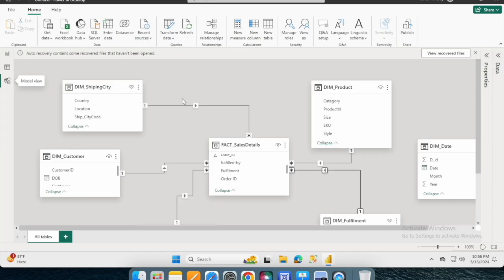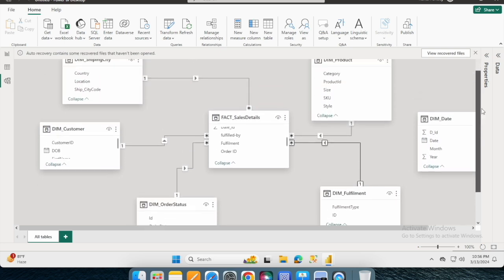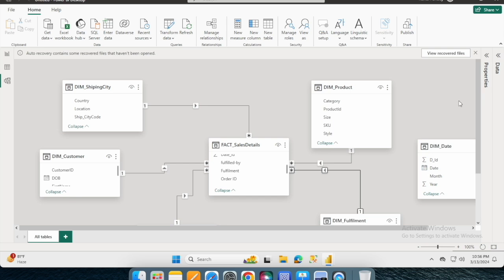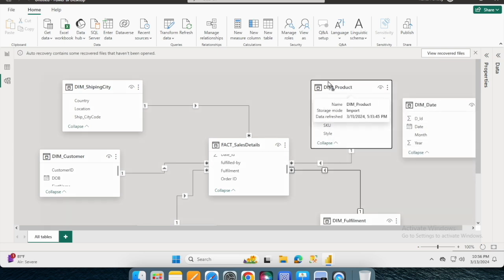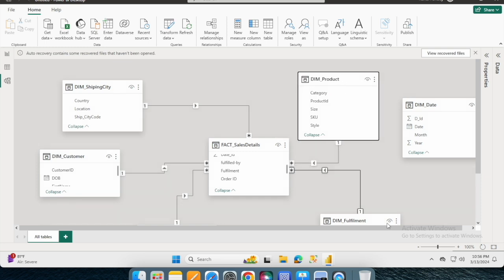So this is our data model which we created earlier, and here we are getting several relationships automatically because our Power BI Desktop tool is very smart, and it automatically identifies the relationship between two tables. But see, in this case we don't have any relationship between the dim date table and the fact table. So here what we have to do